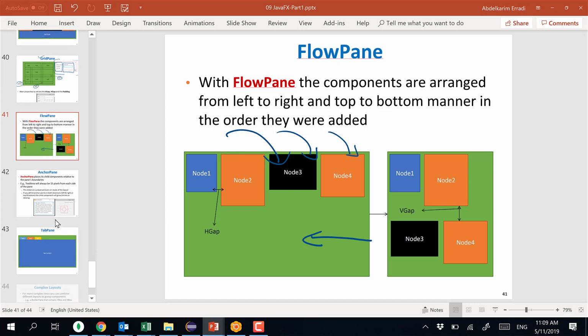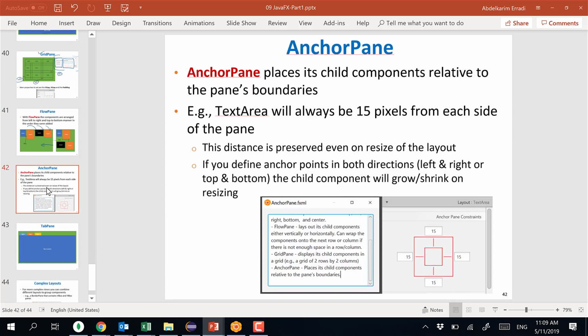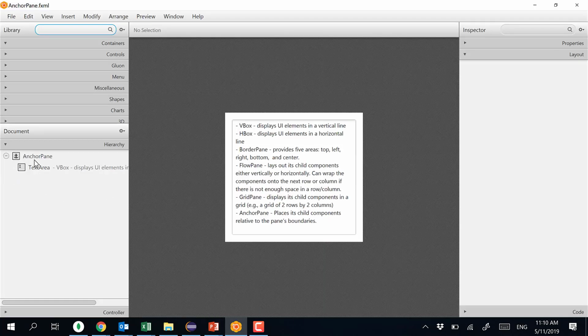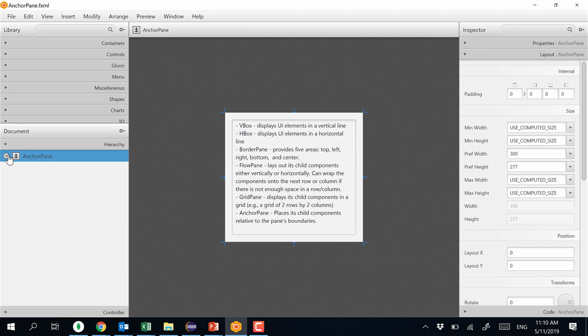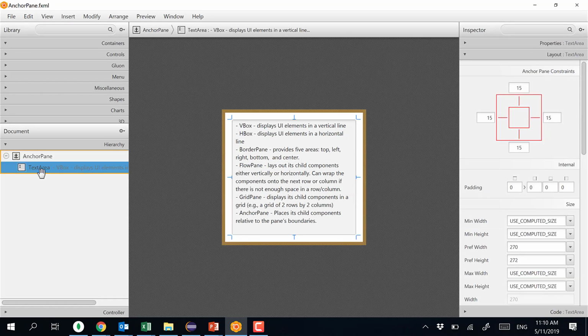The last one I want to show you or discuss is the anchor pane. I was not going to add it, but when I started playing with it, it sounded like a very useful layout. So I think it's easier for me to explain it through an example. So here is an example, a very simple example. I have an anchor pane and a text area. And take a look, when I preview,